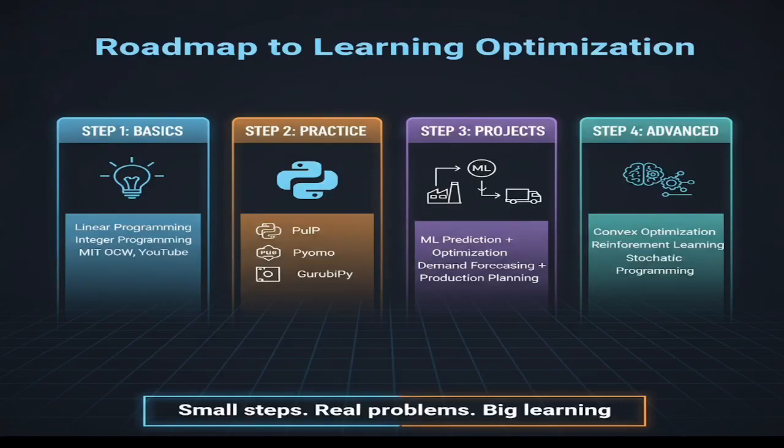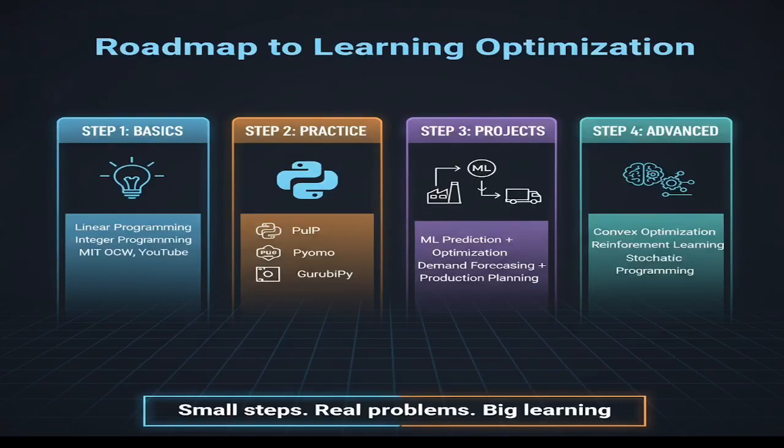And the third one is a real-time project. You have to practice these things through industry level projects. I will also be uploading some projects where you can understand how this optimization is going to work. So first, ML prediction. You have to predict from your current data, and that predicted data will become the input for your optimization model, for demand forecasting and production planning.